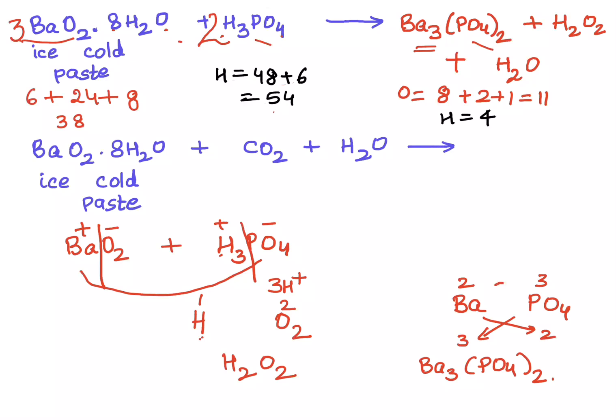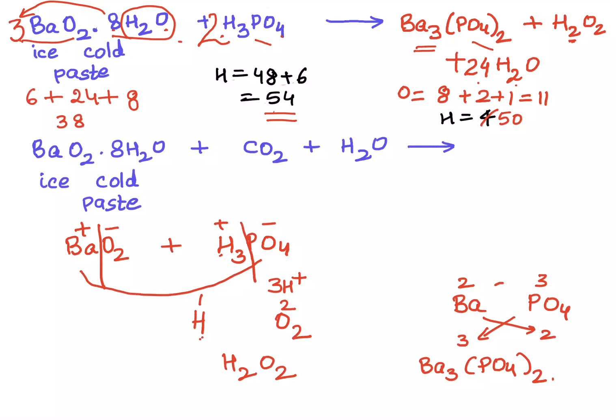If you see an easy way out over here, I have got water. Let me take water as a whole. 8 times 3 is 24, right? So that means I can put 24 water over here. So 24 times 2 is 48, 50 over here. Now the number of hydrogen that I have got over here is 50, whereas on the left hand side, the total number of hydrogen is 54. So that means I need to make this 2 into 4. How will I make this 2 into 4?